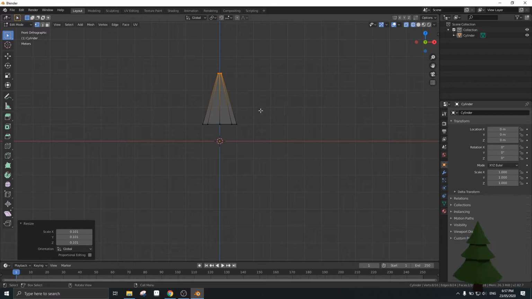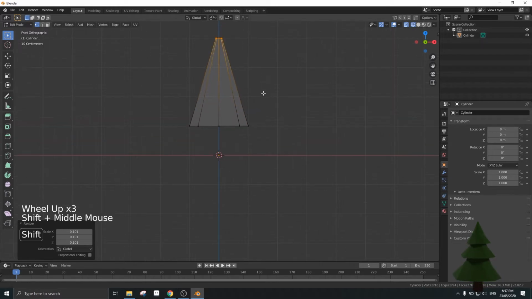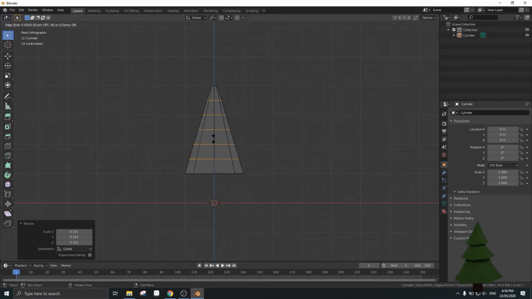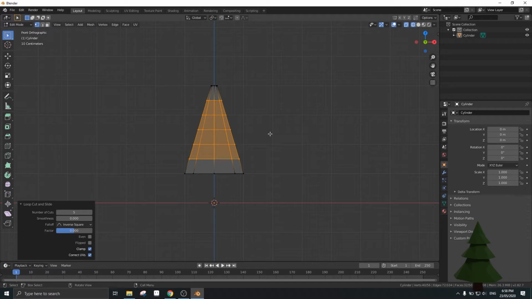Okay, so I'm going to zoom in a little bit by using my mouse wheel, and now we're going to do some loops. So I'm going to hold down Control and R, and I'm going to use my mouse wheel till I get about 5, and then I'm going to press the left mouse button and press Enter or Escape. Okay, beautiful. I want some extra loops because I want this pine tree to go zigzagging,